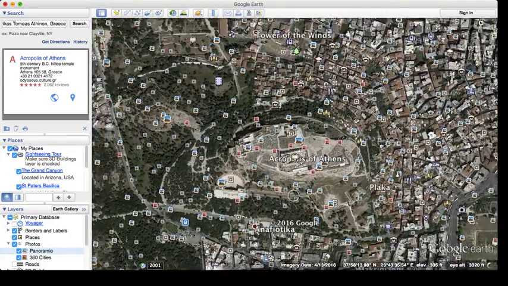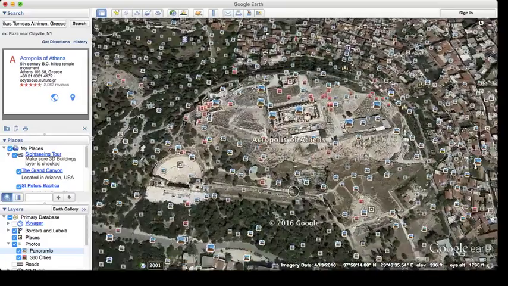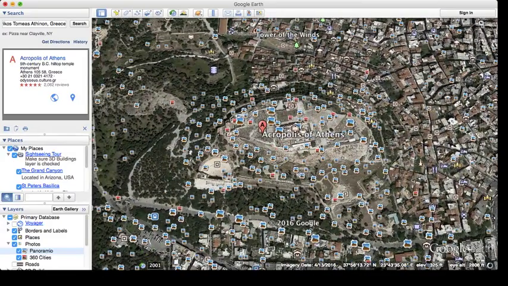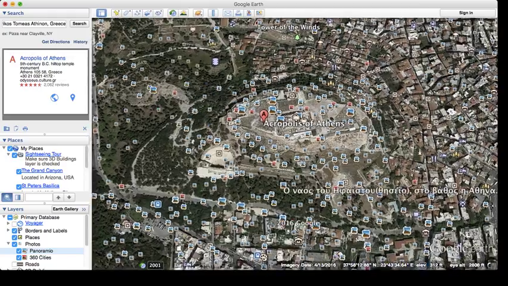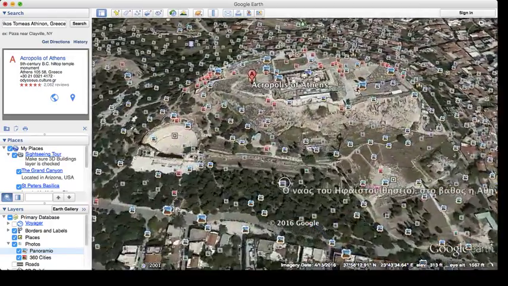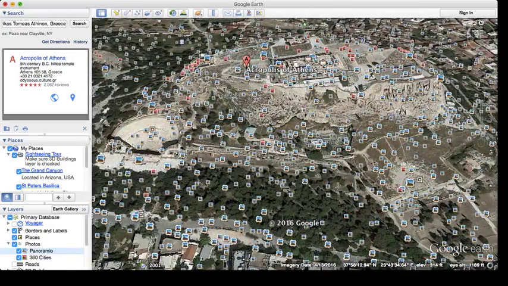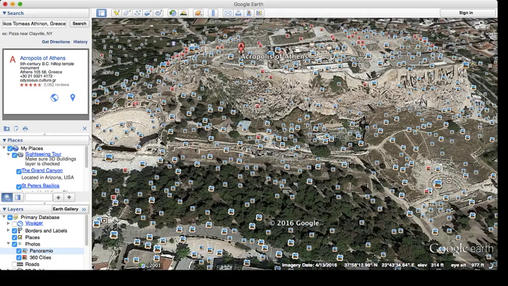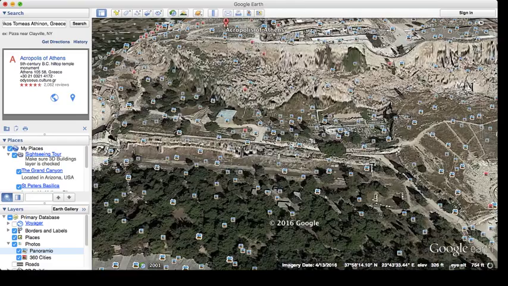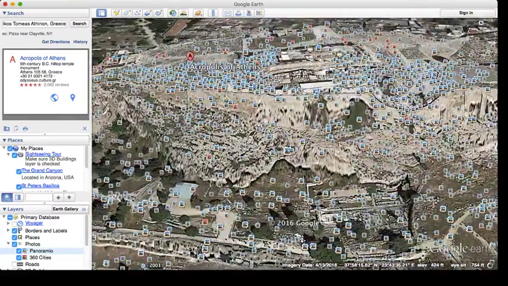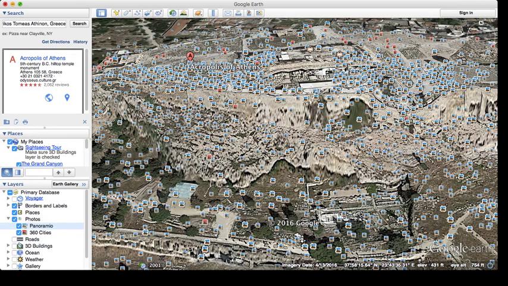If I scroll in some more, you can see the Acropolis is up on a hill in Athens, and as I scroll in, you actually see the hill itself. That's really nice for the students to get that sense of different places. Now, you notice that it's flat. It's not actually showing the buildings. Down here, we have different layers. And if I click on the 3D buildings,